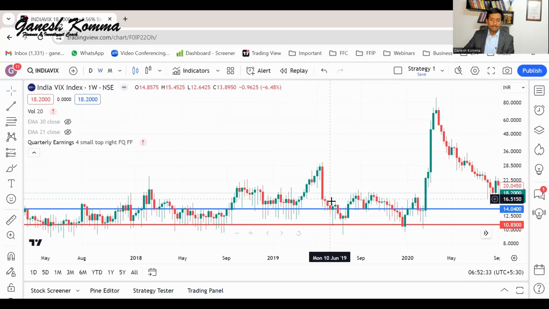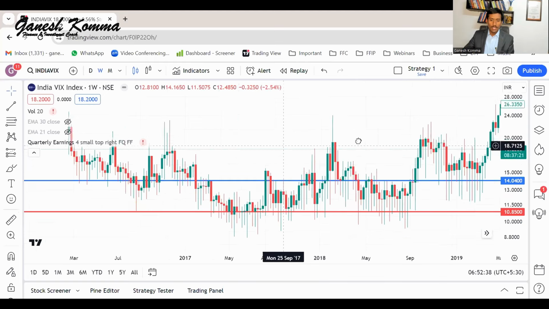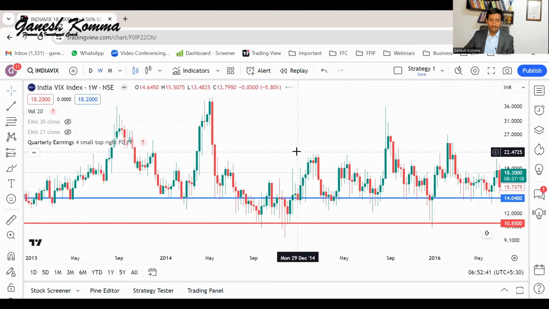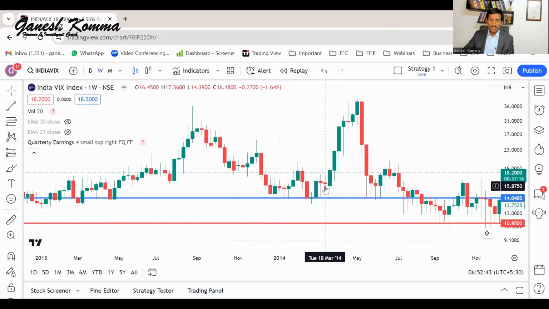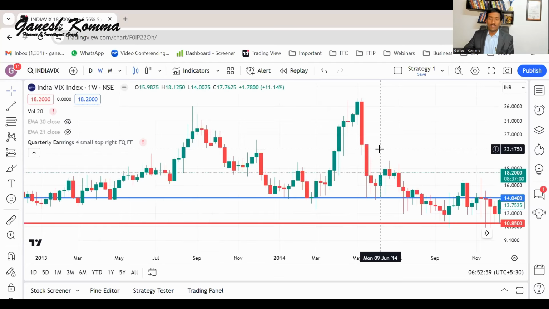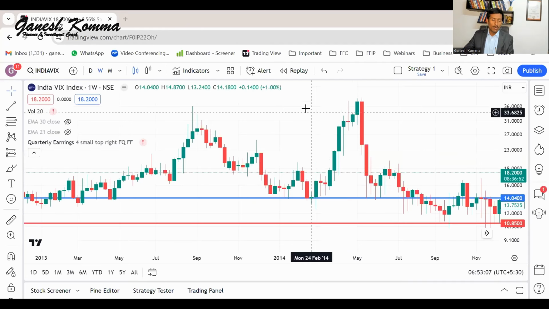And we have again seen a decline in VIX in 2019. Go back to 2014. In 2014, yes, we have seen an increase in India VIX. Parallelly, look at what happened in Nifty 50. And we have again seen a decline in India VIX, where it is inversely correlated. We see a momentum in the Indian Nifty 50 to move up. So history will repeat in one or the other form.